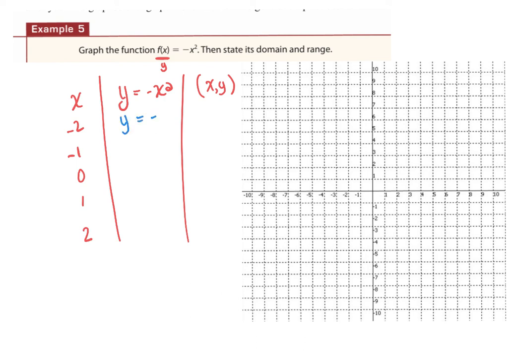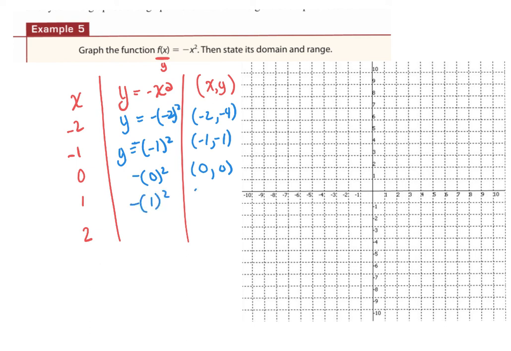And so if you plug these in, you're going to get something, well, negative 2 is going to give you 4 and then a negative in front of it. Negative 1 is going to give you a negative 1. 0 is going to give you 0. 1 is going to give you negative 1. And 2 is going to give you negative 4. All right? And so if I plot these,